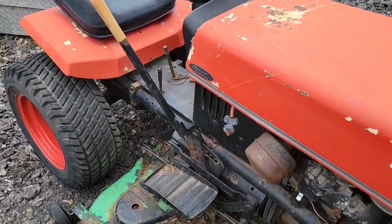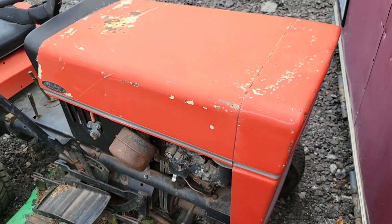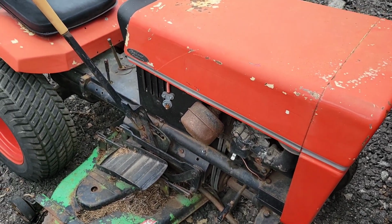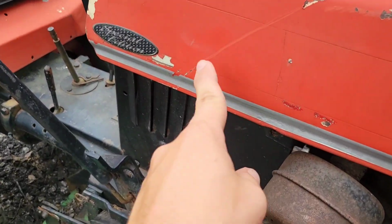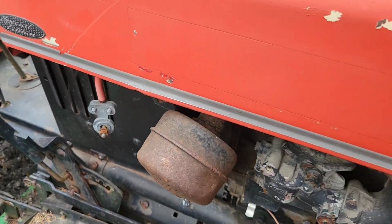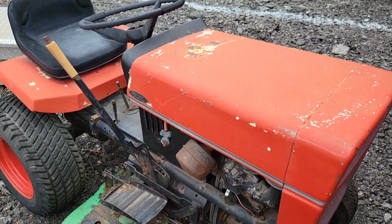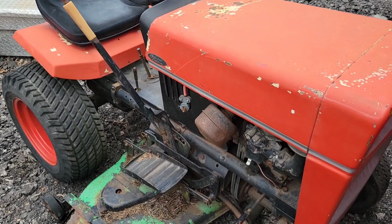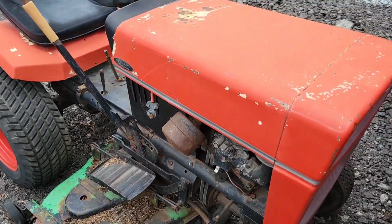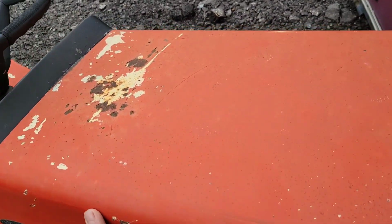And over here we have a Honda. Nope, it's a Bolens. I'm not sure, might be an 850. I'm not sure what model the sticker would say, but it's been painted over. I've had a bunch of these as well. They don't seem to sell very well. They're kind of hard to work on. Most of these came with the Tecumseh engine, though this one has